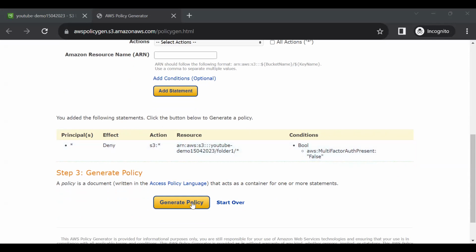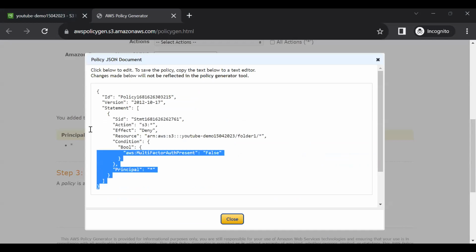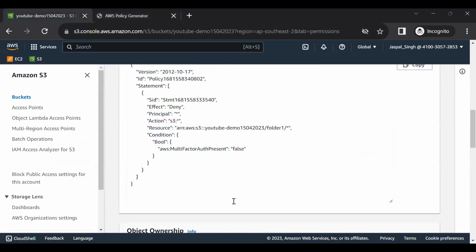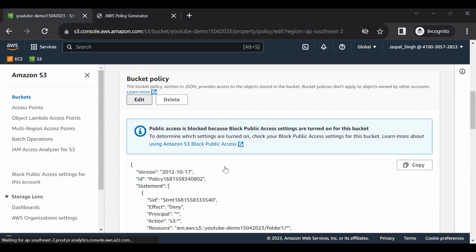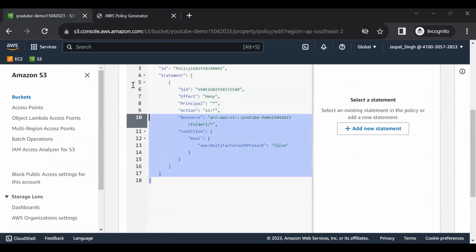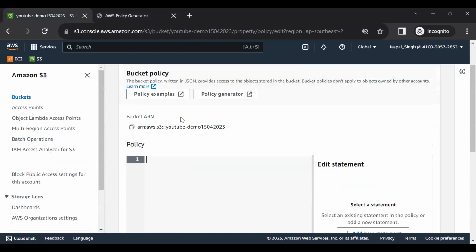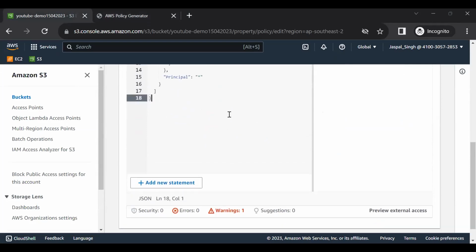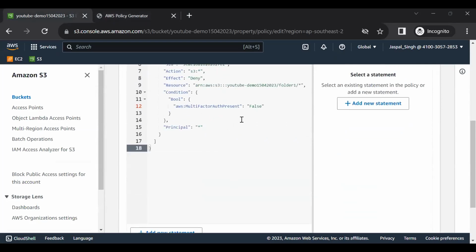We just now click generate policy. So here we have the policy. You just need to copy the policy and then go to your bucket and paste it there. So let's just replace it and paste. Now you can see at the bottom there is one warning which I wanted to have there